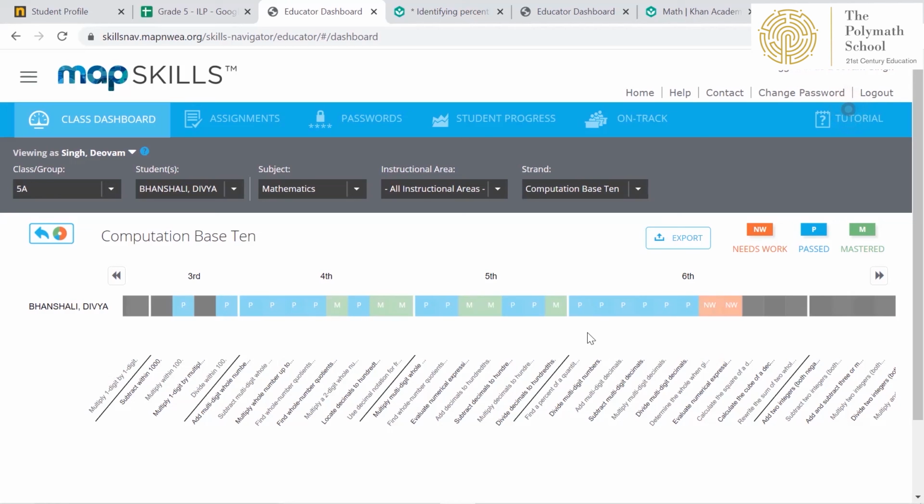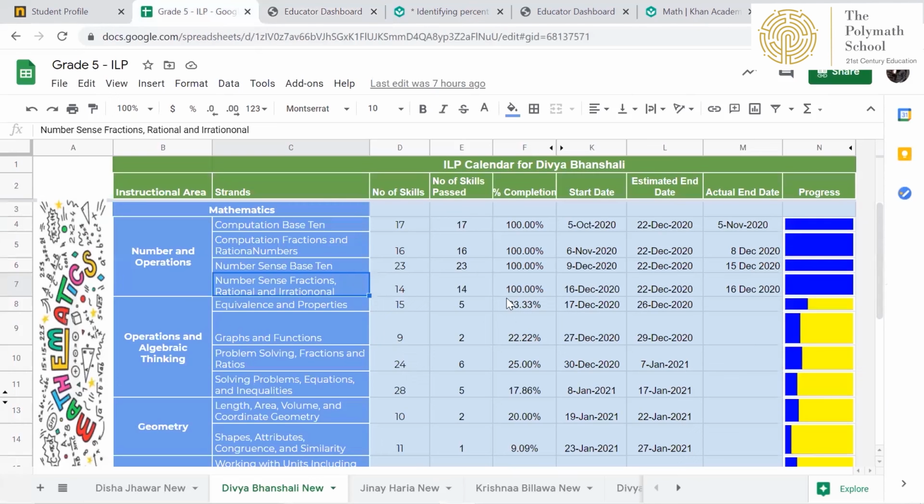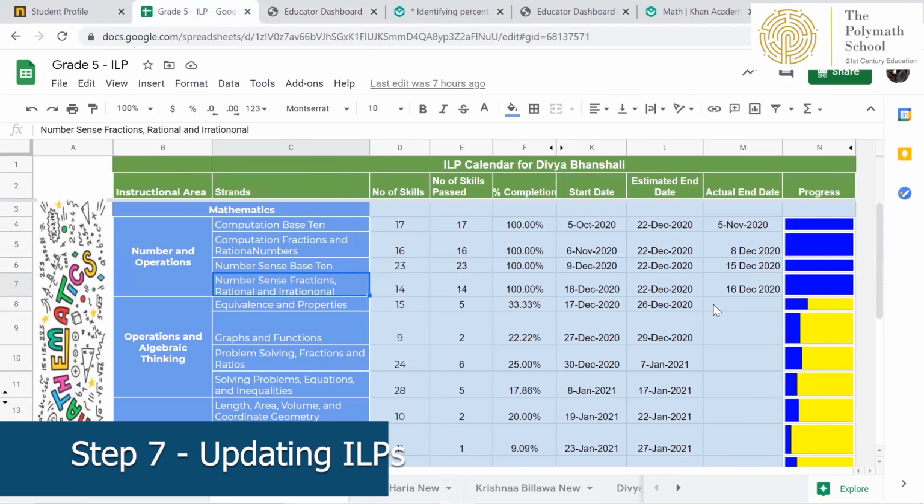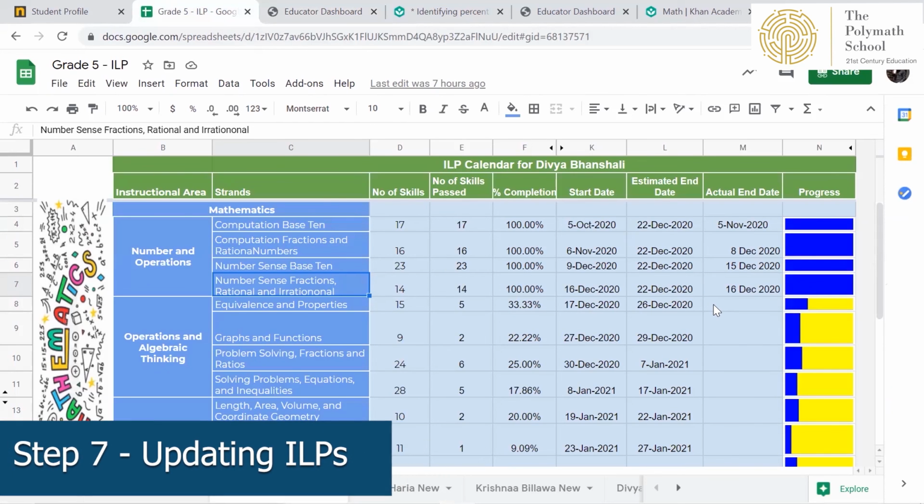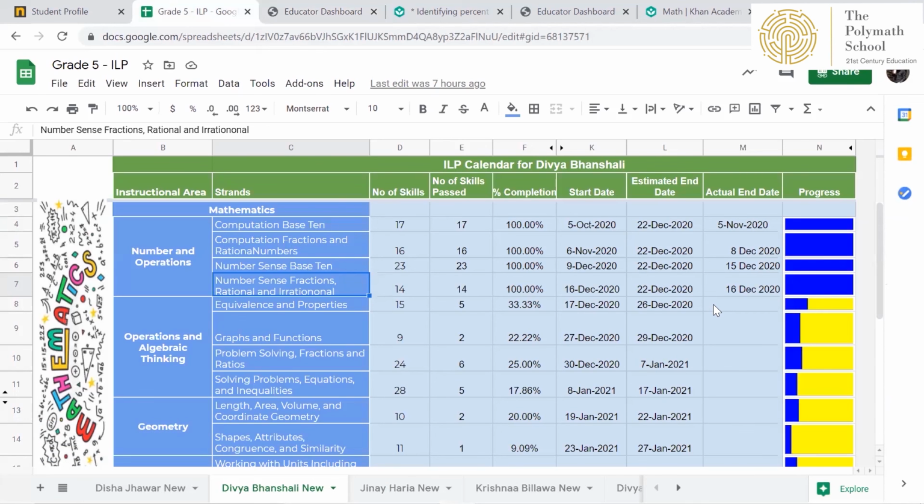And I would say we have been able to expedite this during the lunchtime challenge, as students were highly motivated to do Khan Academy assignments, and that has reflected in their ILPs as well. As you can see, they have been able to complete Khan Academy and at the same time MAP skills with great speed.